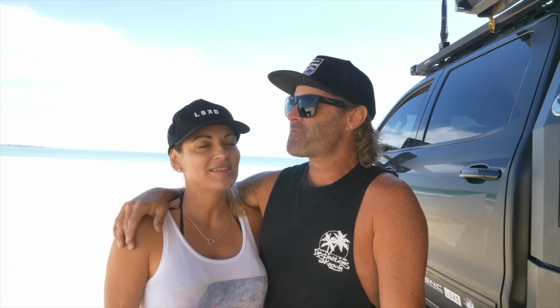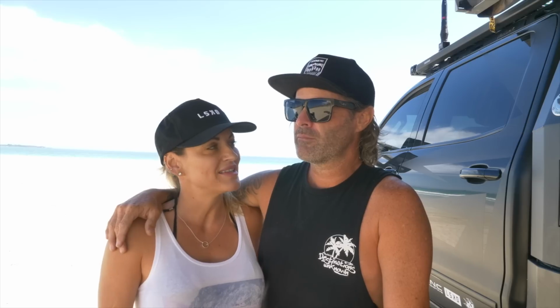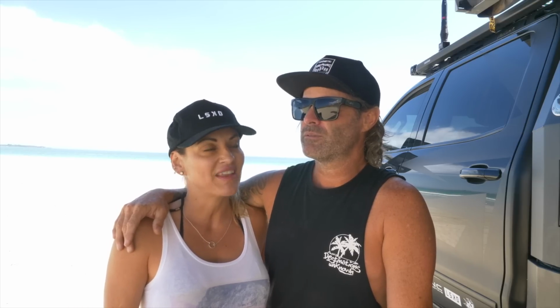To be fair, this was before you had done a whole lot of research into whether it would be capable, with the weights and things. Then we drove it, we fell in love with it, and then you started digging even further. Originally these cars are rated with a GVM of 4491. If you don't know, anything under 4.5 ton GVM is a regular car license, but as soon as you go over 4.5 ton,